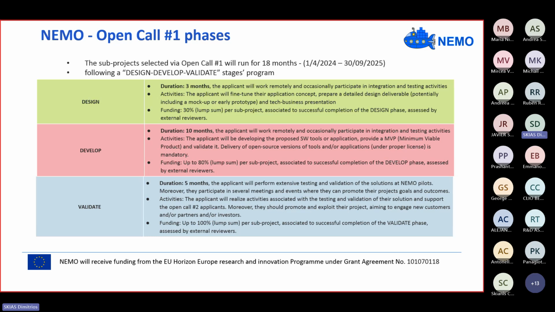Of course, one other objective of the first open call is to support the second round open calls of the NEMO project. The services that will be suggested and funded by the NEMO project during the second open call could also be facilitated in terms of testing and validation by the projects that participate in the first open call. So this is something that you have to have in mind while you participate in the NEMO project. And of course, the compensation will allow us to reach up to 100% as a lump sum of the total funding that will be provided to the projects.